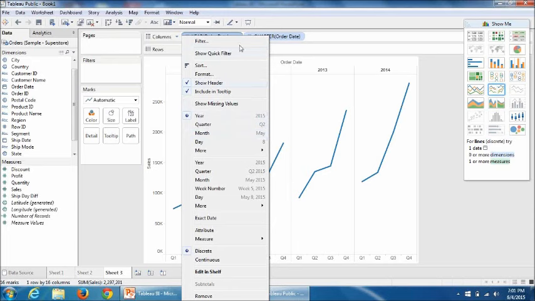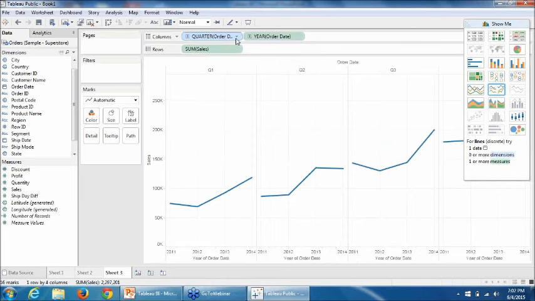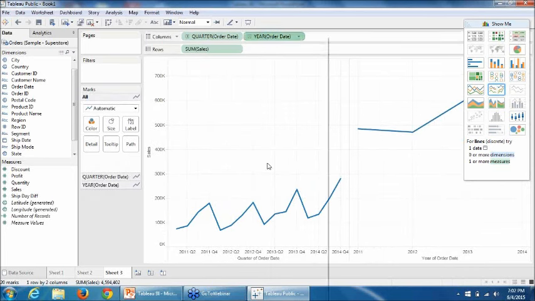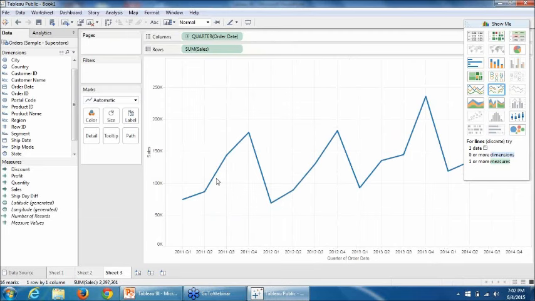When I click the arrow on the year field, I see there are two types of characteristics of the date, the top one and the bottom one. The top one is the default one. We call it a discrete date element. When I use the bottom one, which is a continuous one, similarly for quarter, I am able to see the data for a continuous period of time. So now it has become a continuous chart for me.